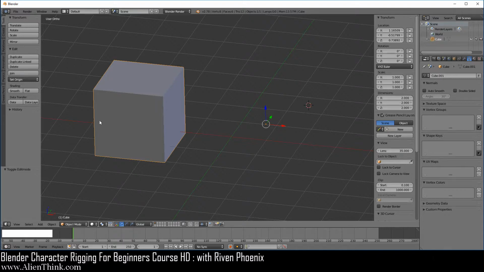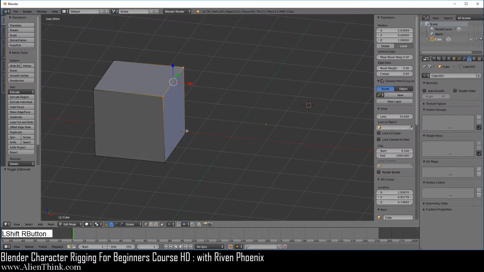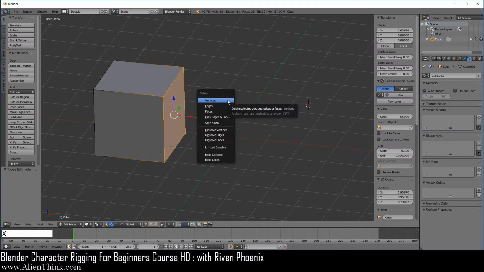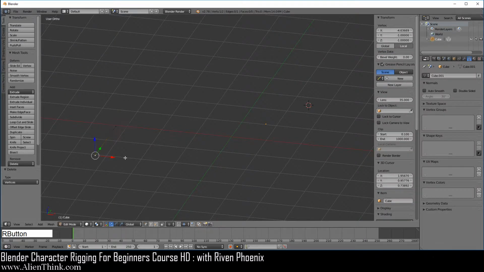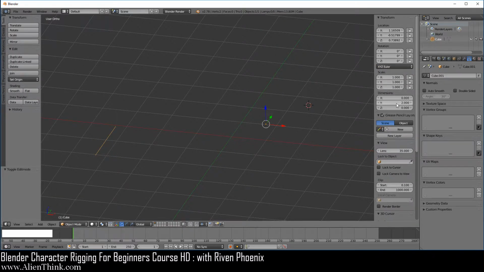Because over here it's just going to accumulate how much space all the vertices together take to describe its dimension. So if you go into edit mode and click on this vertex over here, X, and delete the vertices, click over here, X, and delete this, we only have these two vertices and an edge left. So when you click on object mode, right now it's just showing that the dimensions are only showing up on its y-axis. Okay, this is the first concept to understand about this, X and delete.